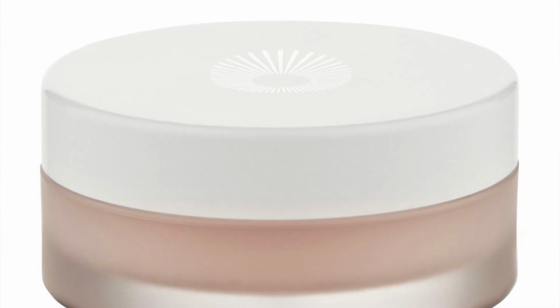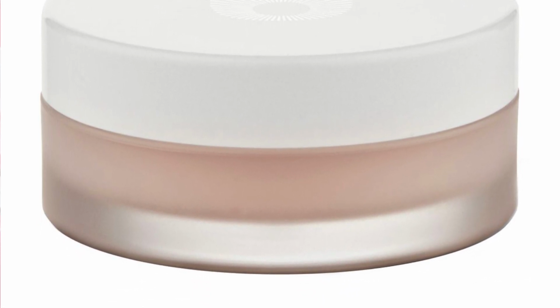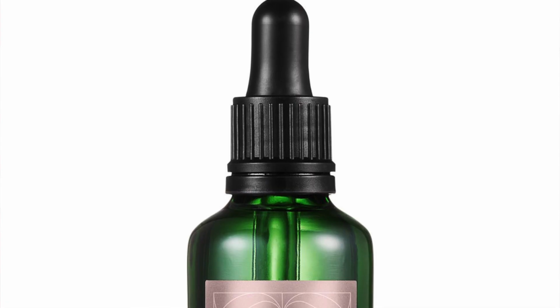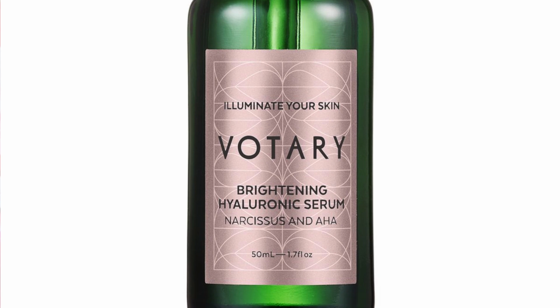The next product is the Charlotte Mensah Manketti Hair Oil, which we saw in the recent Space NK GWP. 15 mils you get, full size is 100 mils, can't count it. The next product, Omorovicza Perfecting Lip Balm, 10 mils, 34 pounds, full size indeed. So, another full size lip balm. 2 lip balms, keep that in mind for the sing-along. The next product, Votary Brightening Hyaluronic Serum, 50 mils, full size at 75 pounds. So, this is our second hyaluronic serum in this advent calendar. So far we have 2 hyaluronics, 2 lip balms, right, and an Olaplex, and a...